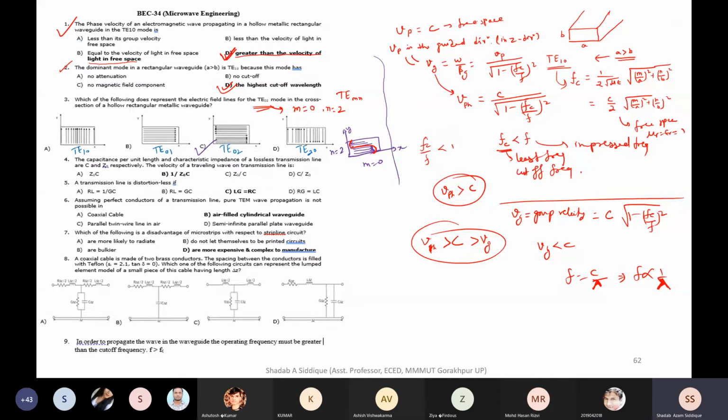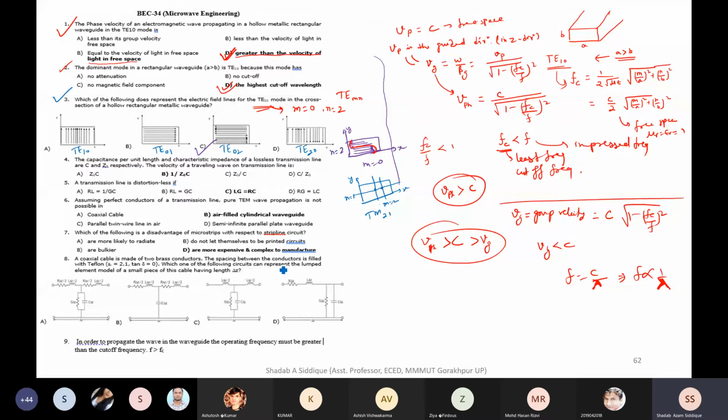Okay. If you go through the TM mode, this is the rectangular waveguide. You should point out with this line, this point. Okay, this indication. Can I have the answer for this one? This is for X direction, this is for Y direction. What is the TM mode for this one? If you go through this M side, 2 lines intersect, and from this side 1 line intersects. So M equal to 2, N equal to 1. So this is for TM21.